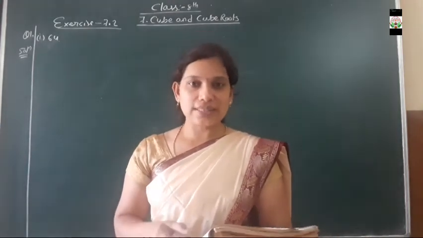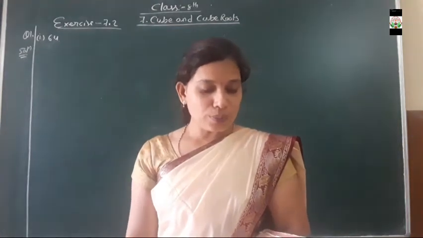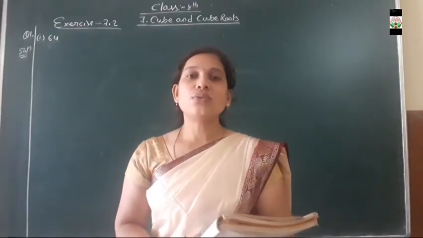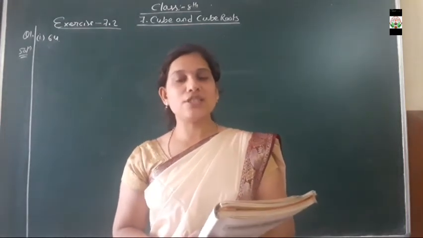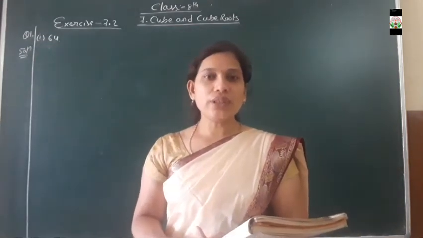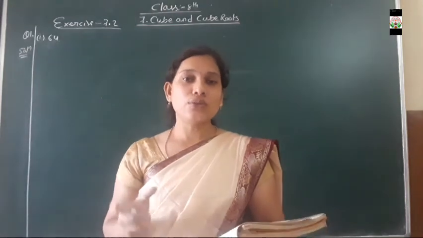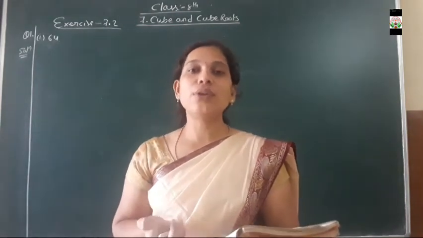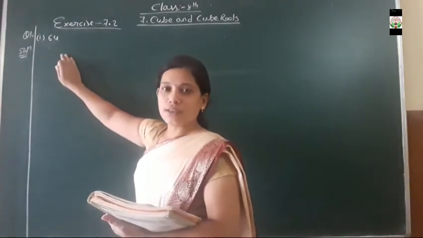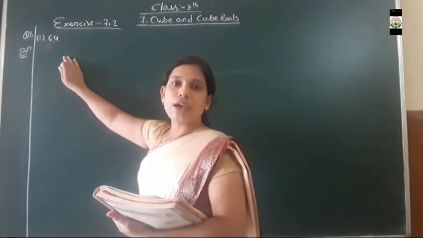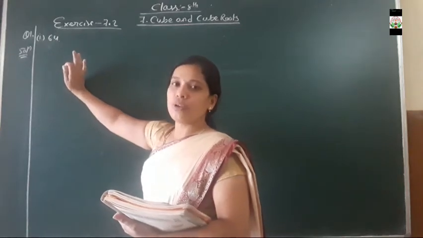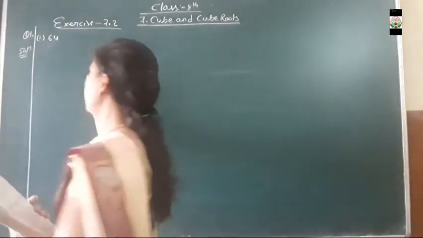So what the first question says: find the cube root of each of the following numbers by prime factorization method. So dear student, here we are going to use the prime factorization method in order to find the cube root. Okay, the prime factorization method, everybody knows how to do it. Using that method we are going to find the cube root of the following questions. So here is the first question, 64, whose factors we have to find out by prime factorization method, and after that we have to find 64's cube root. Okay, now let's see how to find it.